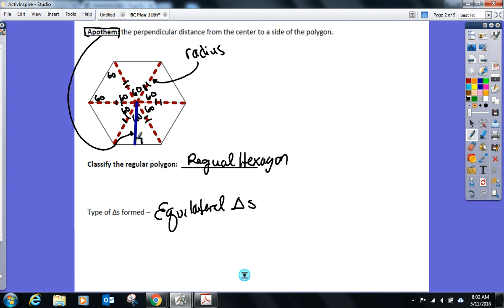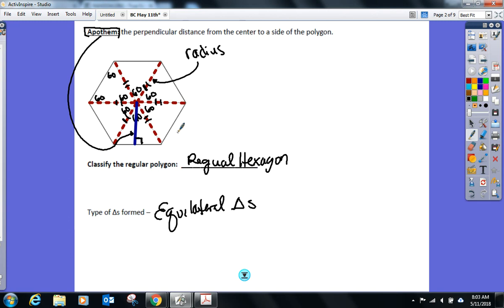This is going to be very important now because, take a look. I don't know if you guys remember from our triangle unit, but we had a theorem that says if I have an isosceles triangle and I draw the altitude, the altitude also acts as an